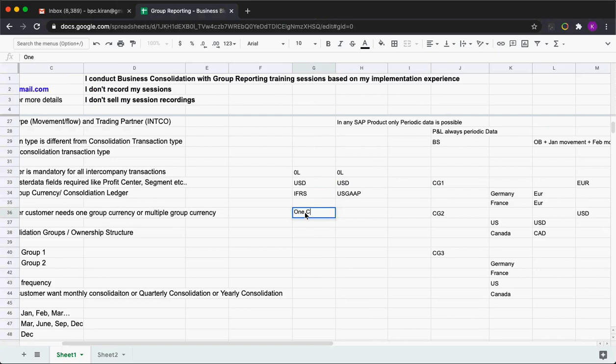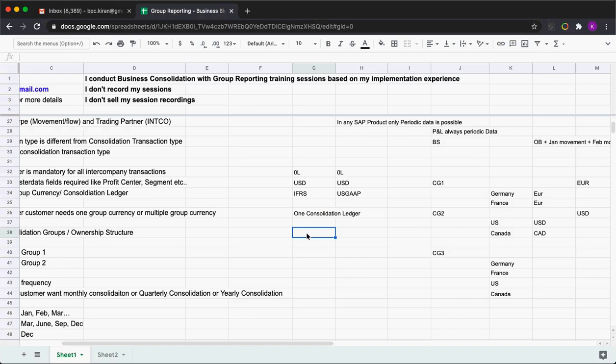But here, if the requirement is that for IFRS, because assume they're in a region, normally in Asia, where we have done this case, we have many currencies compared to Europe. For example, here we have SGD and USD for IFRS. Then you have to create 2 consolidation ledgers for IFRS. The FI ledger plus USD is one consolidation ledger, because here the group currency is USD, and FI ledger 0L plus SGD is one more ledger.